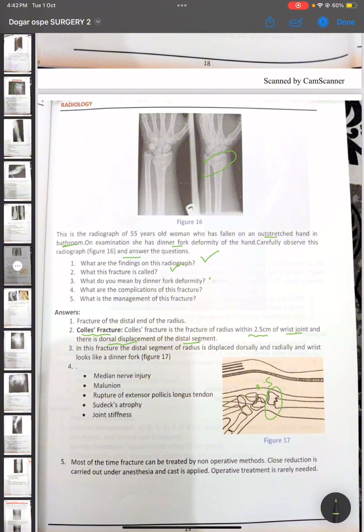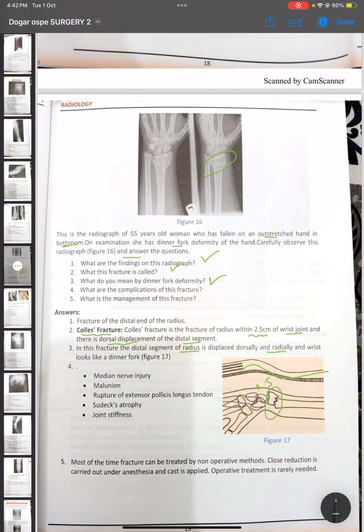What do you mean by dinner fork deformity? In this fracture, the distal segment of radius is displaced dorsally and radially, and the wrist looks like a dinner fork. This is a dinner fork; it looks like this. So when the fracture occurs, the distal segment of radius is displaced dorsally and radially, and the wrist looks like